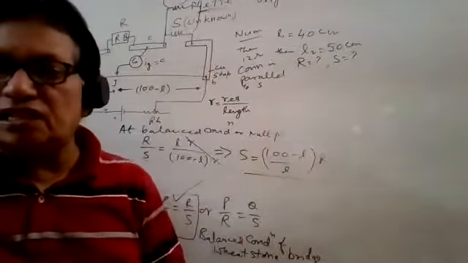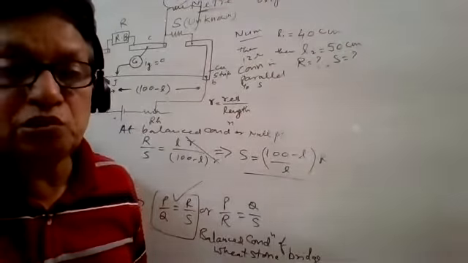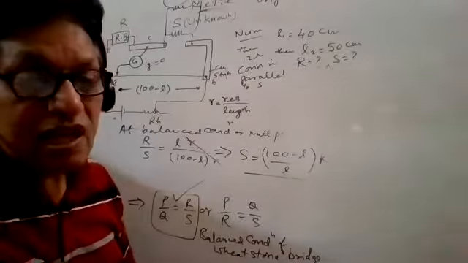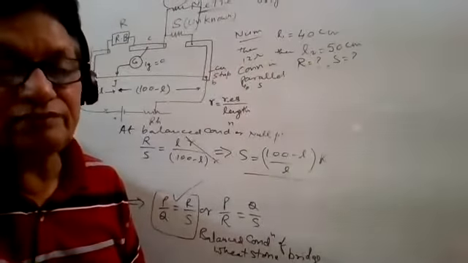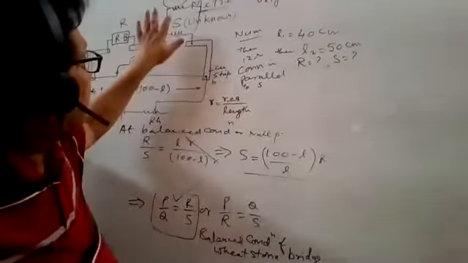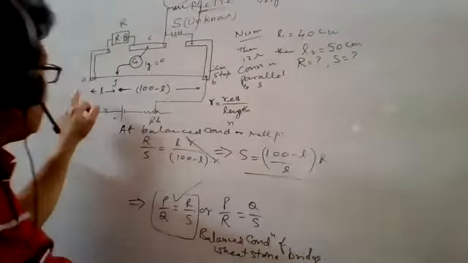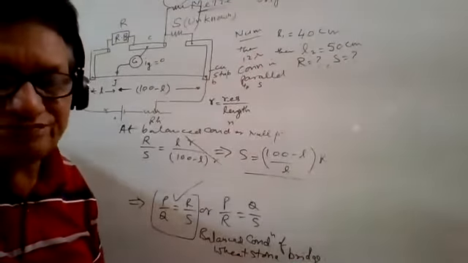Because one condition can give you one unknown. That is why in this question, two conditions and two unknowns, R and S both. We have to find out R as well as S. And what are the two conditions? First condition, when nothing is connected in parallel, only R and S are there, from the left hand, from A, the balance point comes here at 40 centimeter.